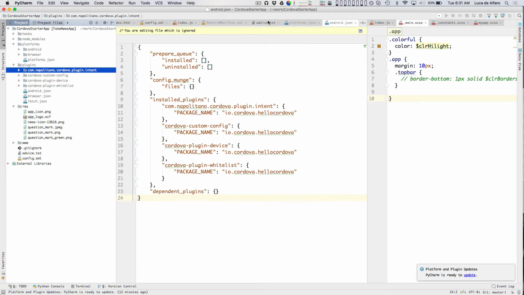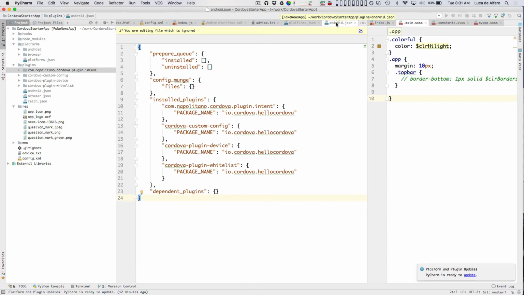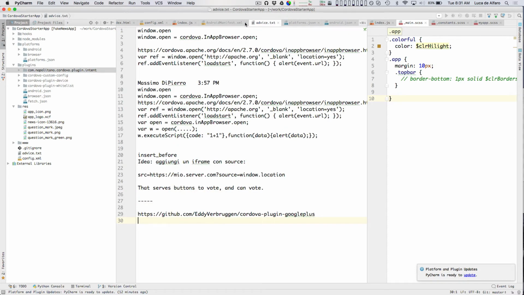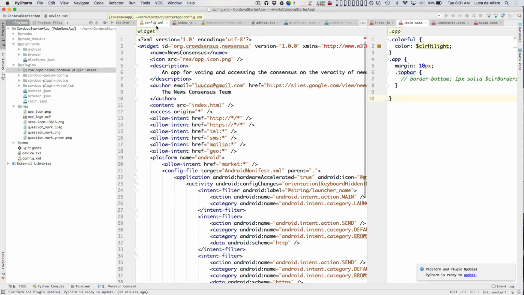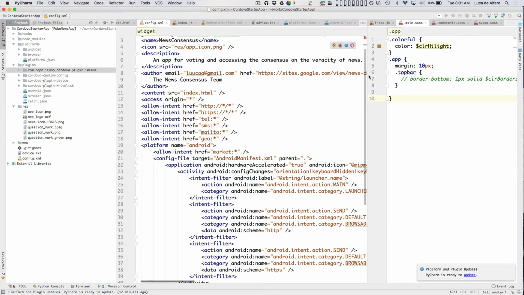Okay, what is my advice? That text? Oh, no, nothing. Oh, this is also something that I should probably remove. Okay, yeah, this is advice for another thing. And